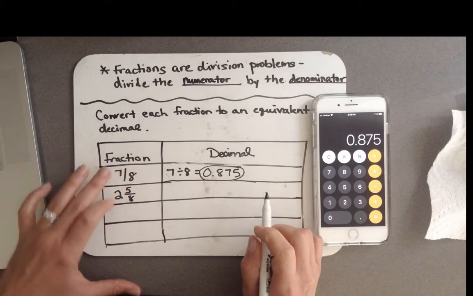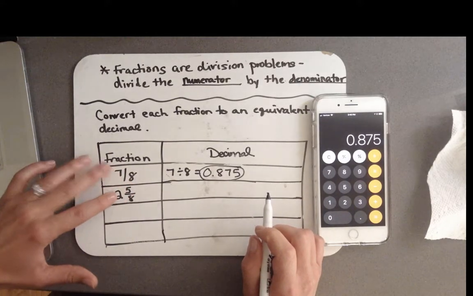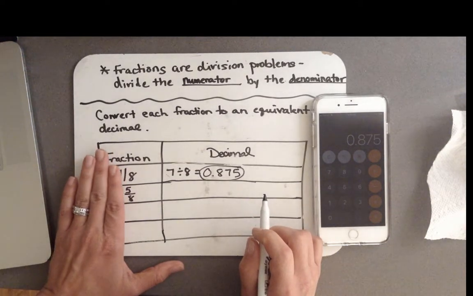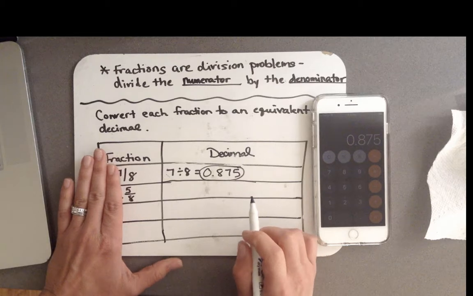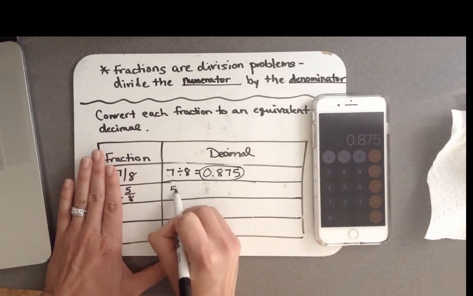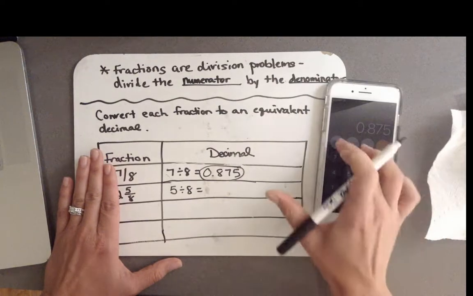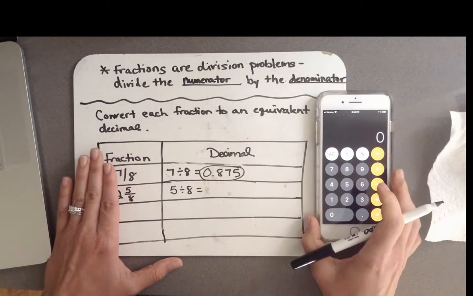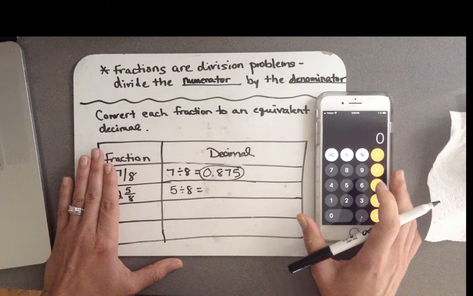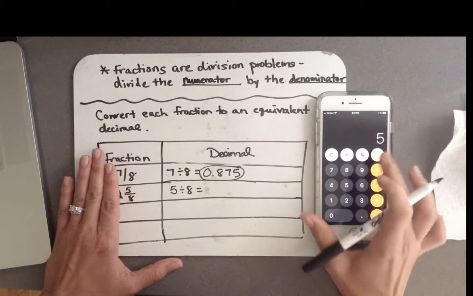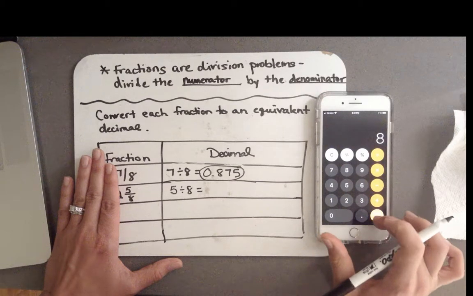Let's look at the next example. How are these two different? This is a mixed number. With this mixed number, just ignore the whole number for a moment. And let's go numerator divided by denominator. You can use your calculator again. So we want to go numerator. Don't make the mistake of going with the 8 first. Our numerator is 5, so 5 divided by 8 equals